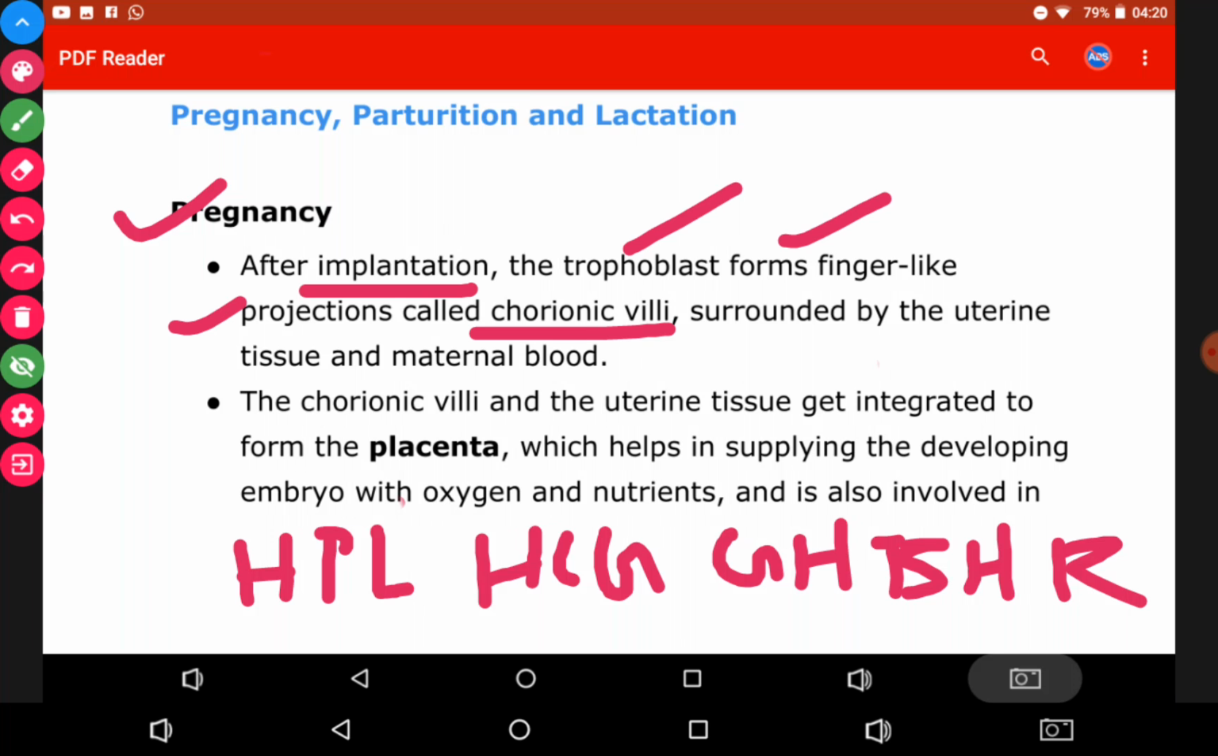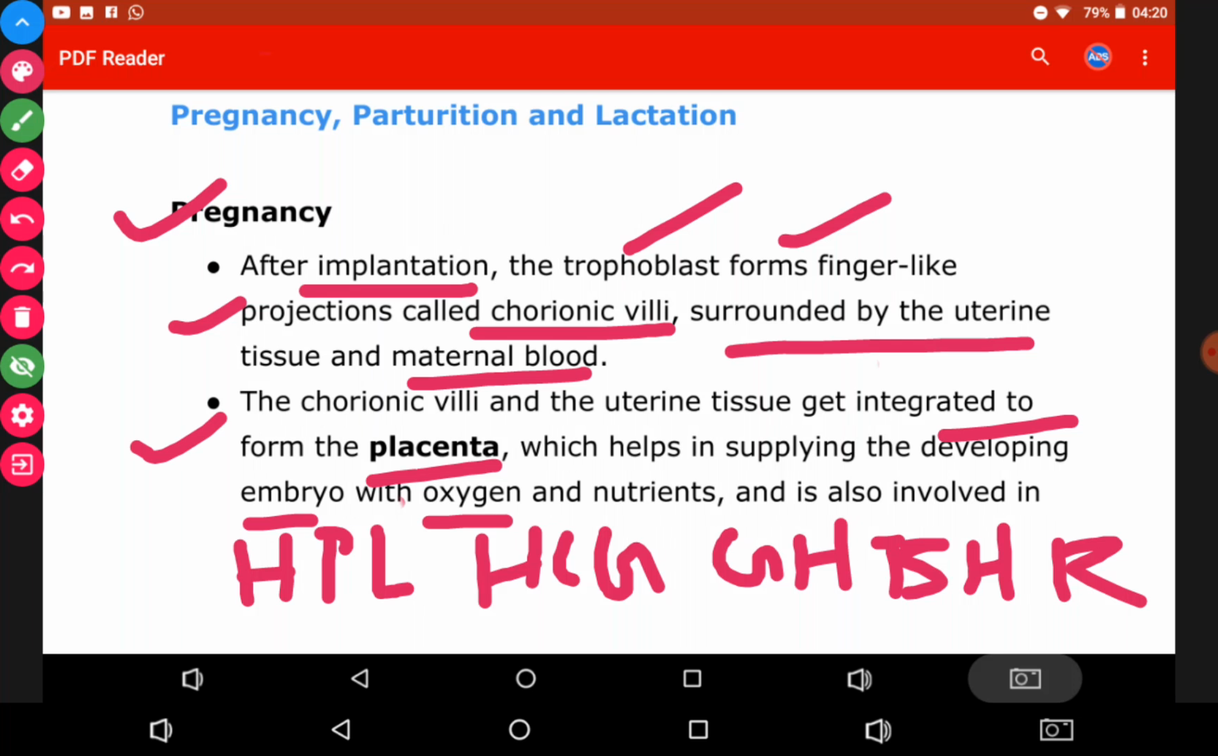In case of pregnancy, after implantation, the trophoblast forms finger-like projections, chorionic villi. I earlier said that chorionic villi belong to the uterine wall, but no, they belong to the trophoblast, okay. The chorionic villi of the trophoblast are surrounded by the uterine tissues and maternal blood, and the placenta will be formed. The chorionic villi and the uterine tissues get integrated to form the placenta, which helps in supplying the developing embryo